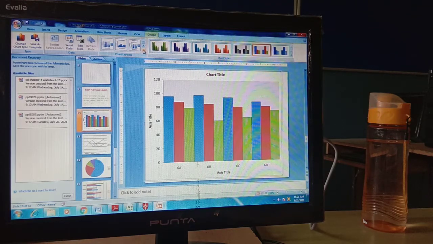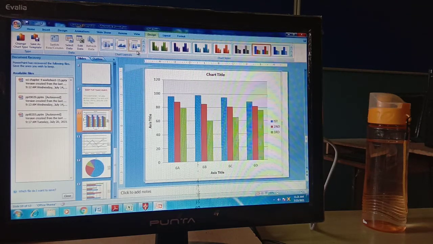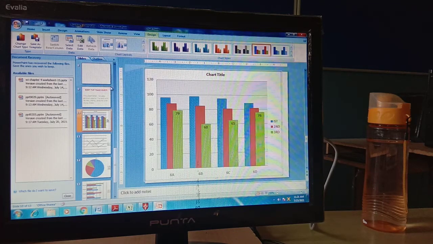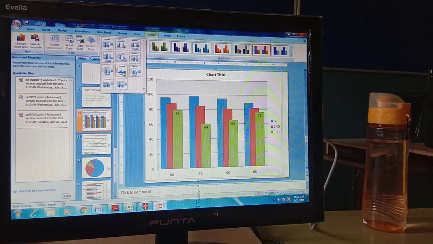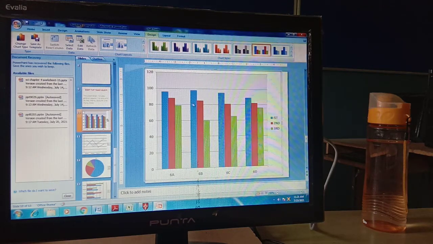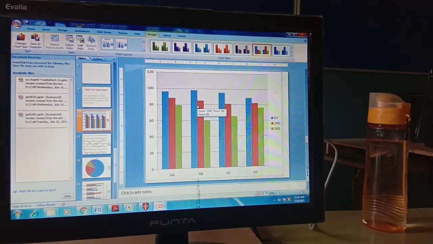And one more layout like this, which is showing data like this, and this one is the last one. So these are the layouts in which you can save your chart in a presentation.